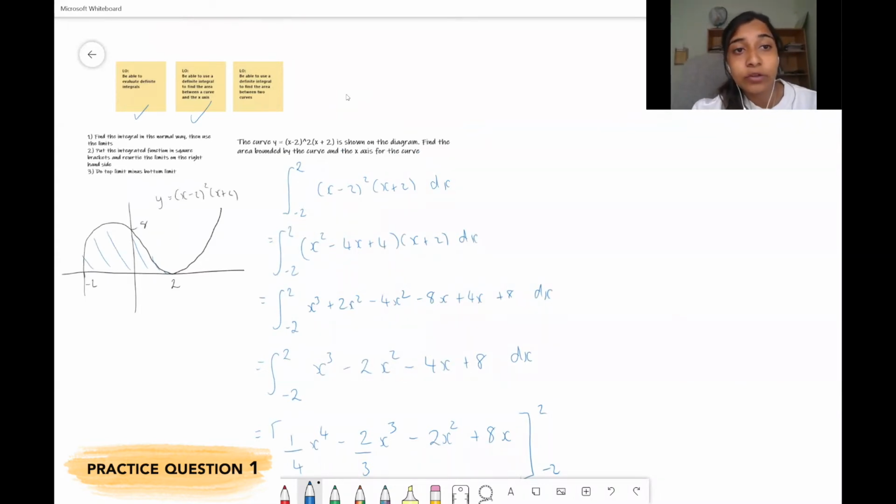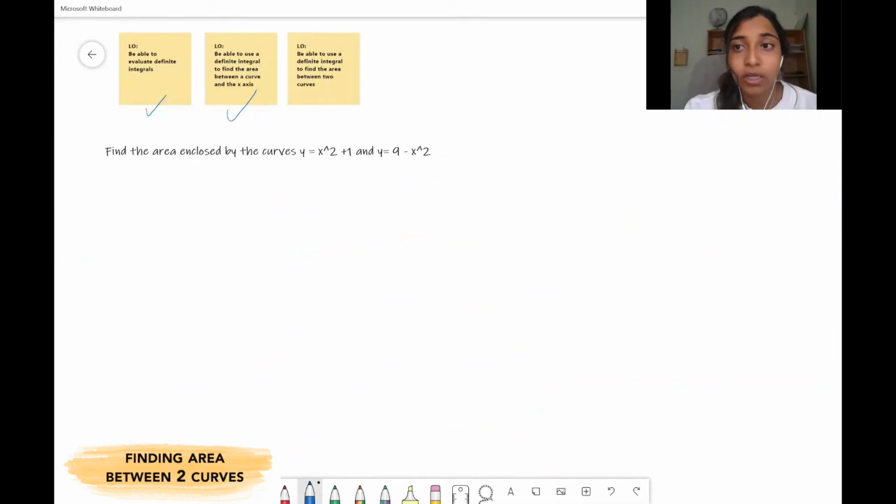So now let's move on to how to use this to find the area between two curves. So you may also be asked to find the area between two curves like we have here. So we want to find the area enclosed by the curves y equals x squared plus 1 and y equals 9 minus x squared. So in order to do this, the first thing you want to do is